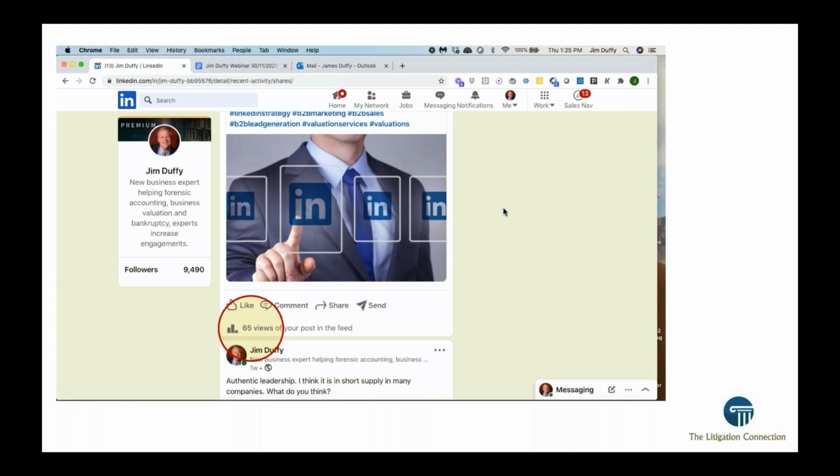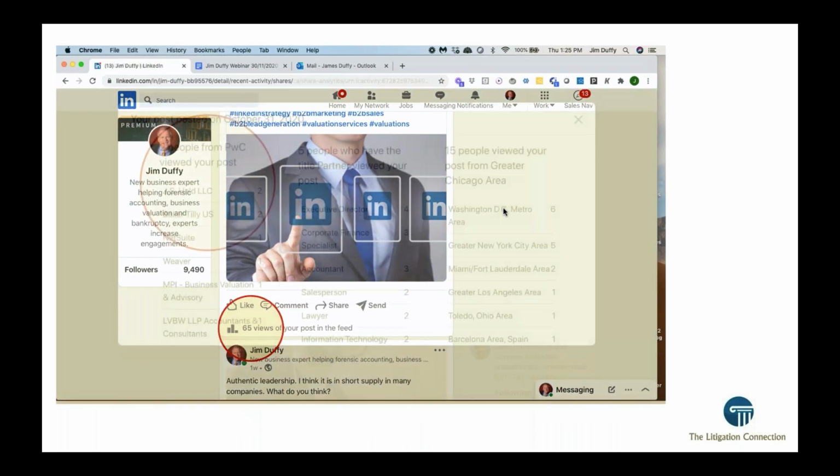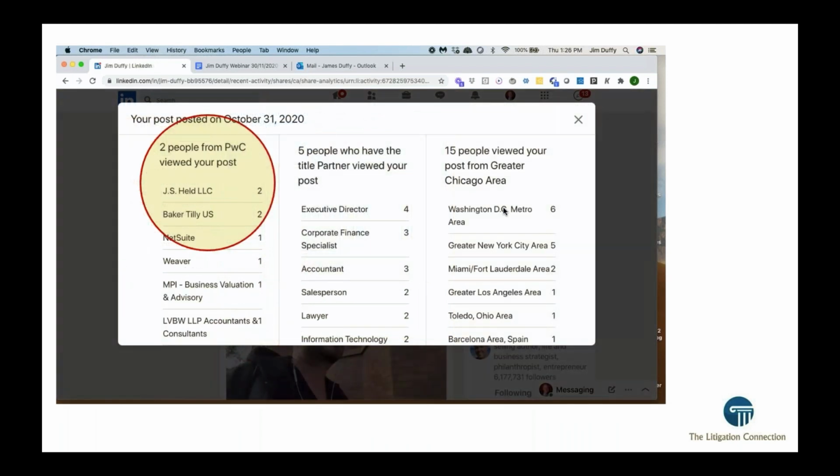And it's not a large number of people that viewed the post, but keep in mind that all of my customers are forensic accountants, business valuation experts, and economists. Those are the only people that I really focus on. Not to say that we won't focus on others, because we are starting to branch out, but that's the main focus of our customers, and particularly the main focus of this post. So what we can generate from LinkedIn is we can see who viewed the posts. Which is really incredible.